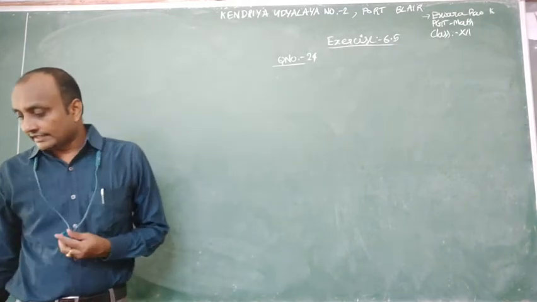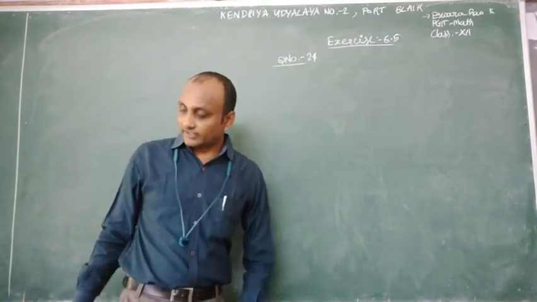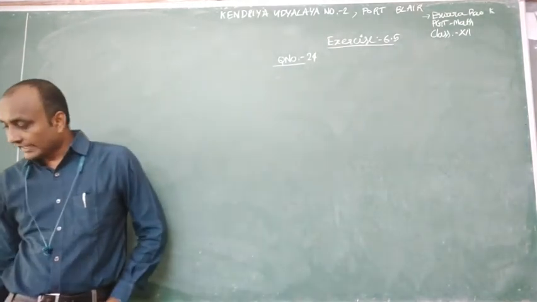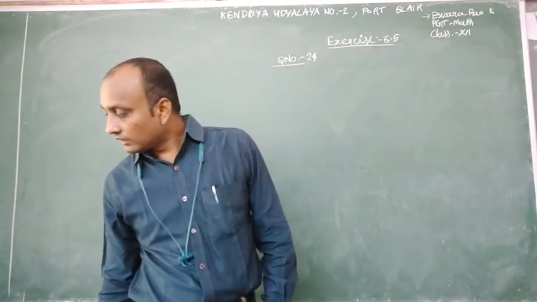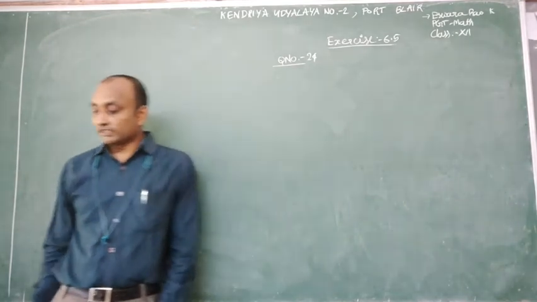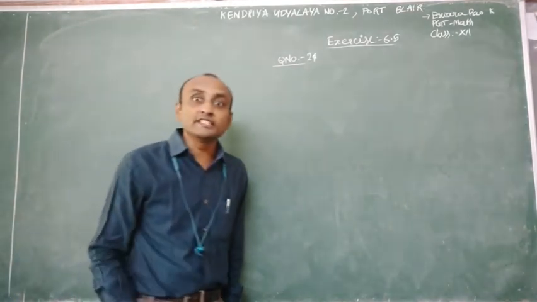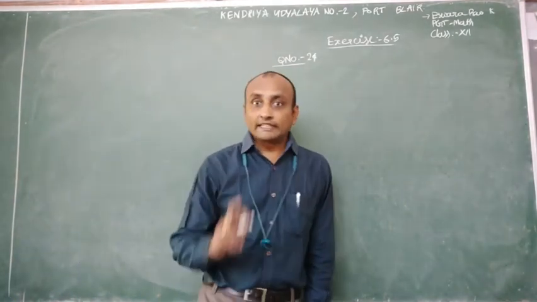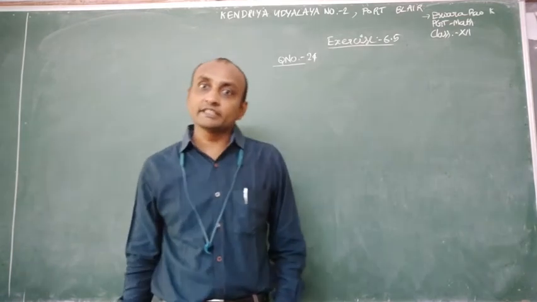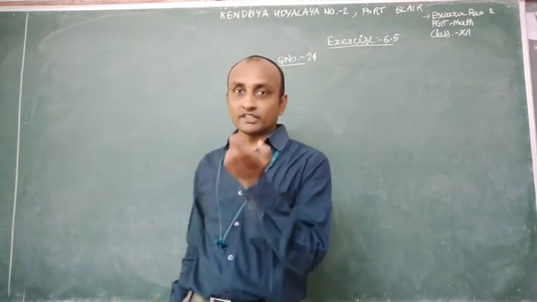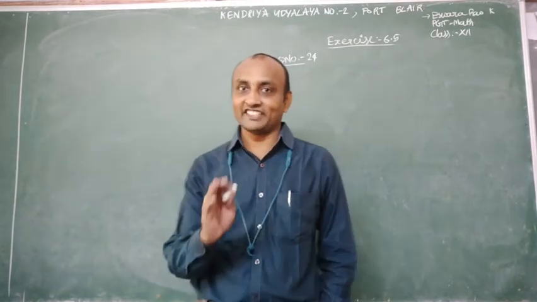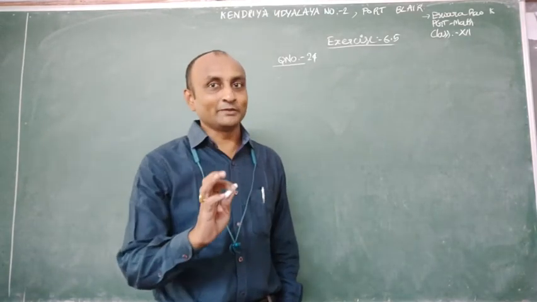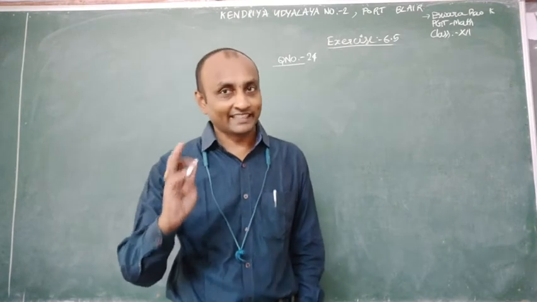Show that the right circular cone of least curved surface area and given volume has an altitude equal to root 2 times the radius of the base. What is that? Right circular cone of least curved surface area means curved surface area is to be minimized. It means you should express curved surface area in terms of one variable. After that, do the first derivative test and second derivative test.